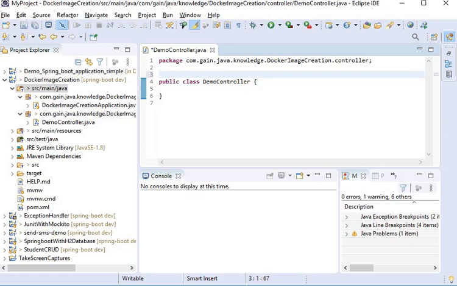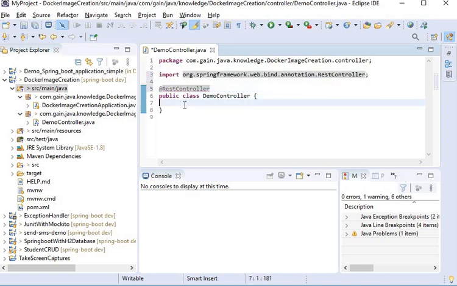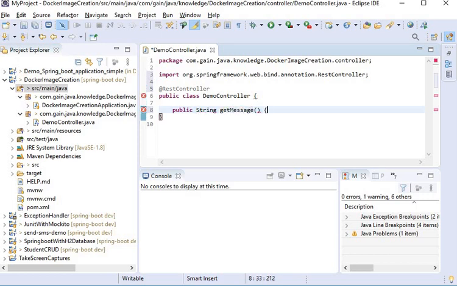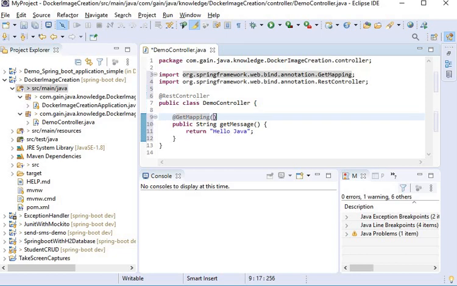At class level I will use the annotation @RestController, and here I will create one endpoint, public String getMessage, and here I will return one string message. And here I will use the annotation @GetMapping, and here I will define the path.